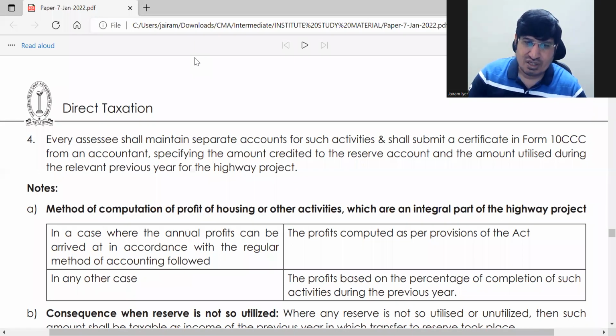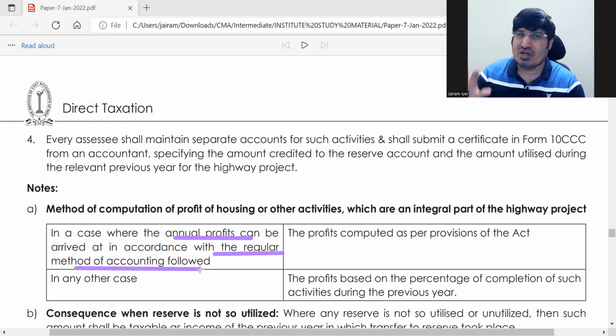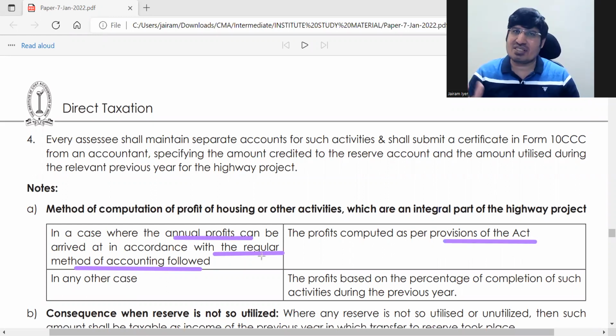Okay, so when annual profits can be computed with the regular method, normally you can compute annual profit in a normal way. You can compute annual profit, then just use provisions of Companies Act to calculate profit. So pehla wala is straightforward, you're not changing anything, just use the normal provisions of PGBP to compute profit, okay,